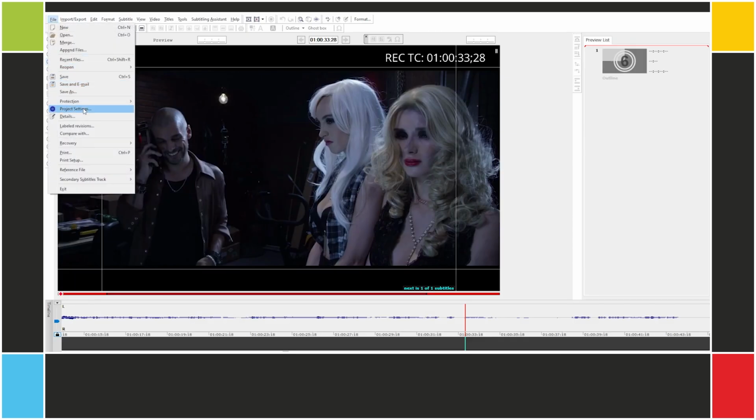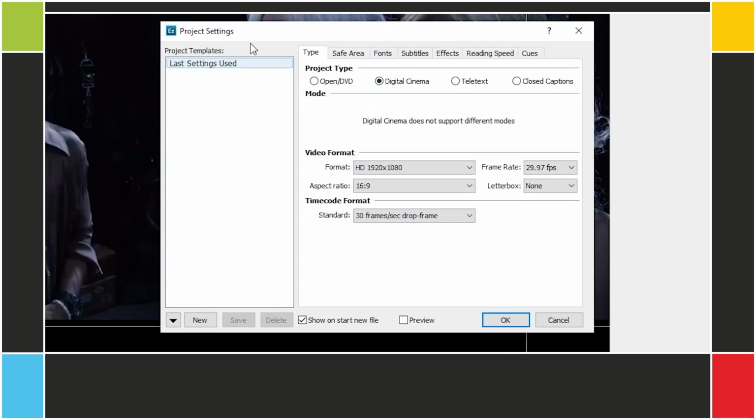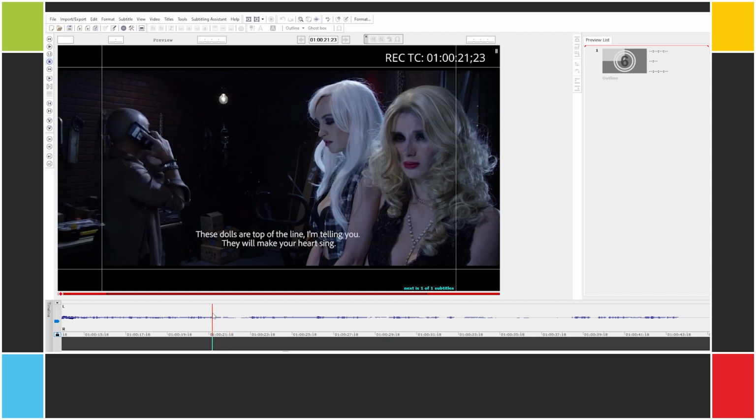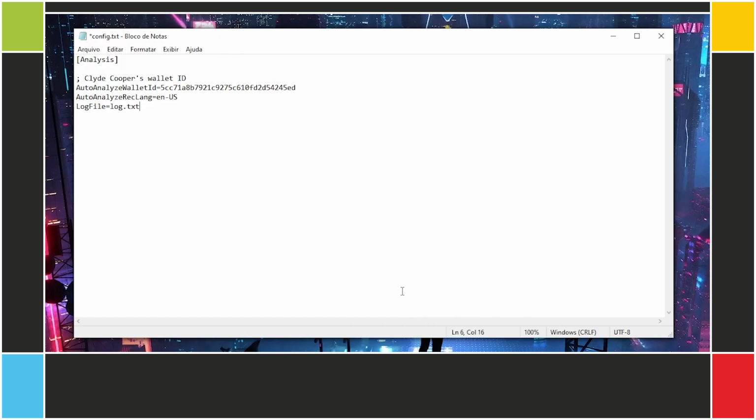The next step is to check your project settings to make sure you're using the desired timecode standard, especially if your video is in 29.97 or 59.94 frames per second. You'll have the opportunity to specify that in the config file as well. Once everything is sorted out, you can then use Easy Titles to find the exact timecodes of the sections you want to process. Suppose we have a list of sections of a video that we want to perform the audio analysis on. Let's edit the config file to make that happen.